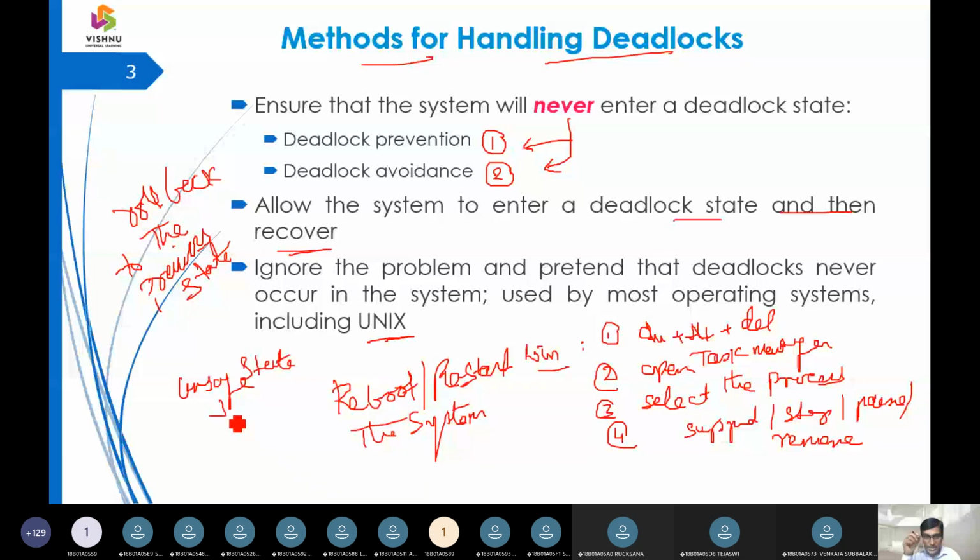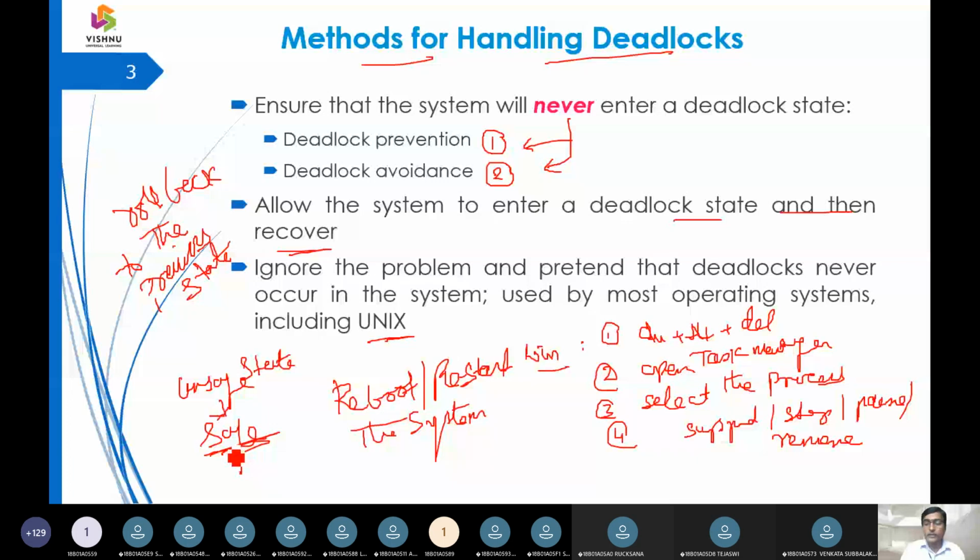So either in a mobile phone or in a laptop, all of a sudden there is a hang up situation. Applications are not working, applications are colliding. What scenario is it bringing? It is bringing a scenario that it is in a deadlock. So how to avoid a deadlock? Go to task manager, take the process which is hung, then delete it or suspend it. If still it is not working, go for rebooting the system or restarting the computer. So everything will be normalized again. So that is where deadlock avoidance is going to handle the scenarios.